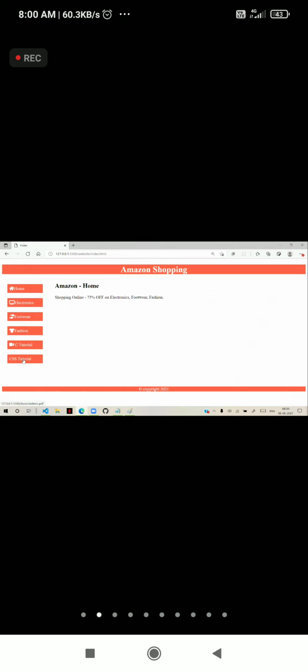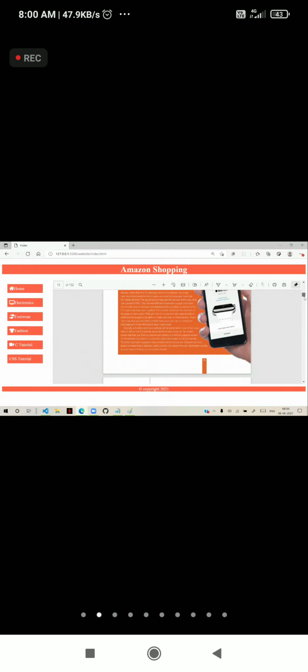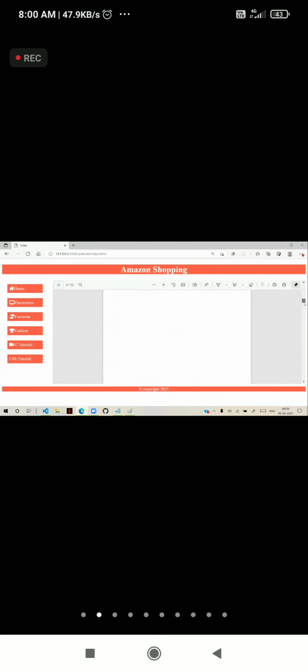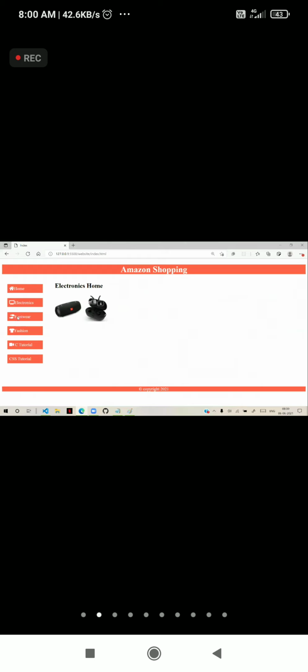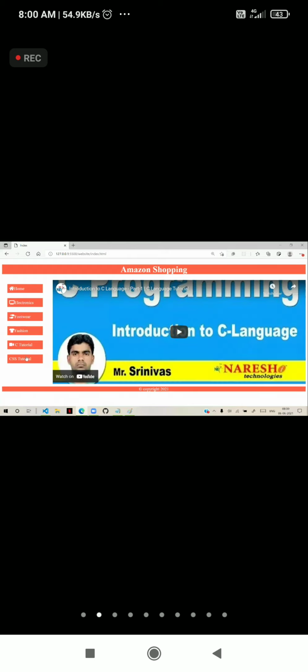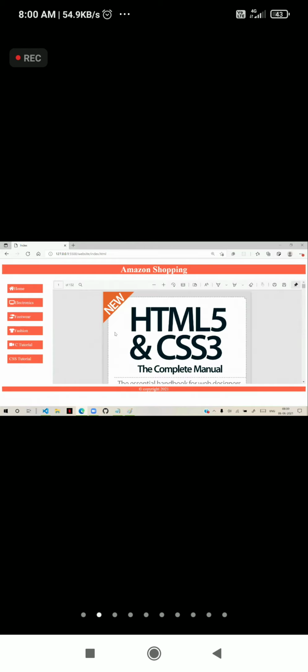I click on CSS tutorial, it will open that PDF inside this area. In that iframe, it will open that content. So you can open a JPG file, an HTML file, or a video linked from YouTube. You can also use a PowerPoint presentation, so many.